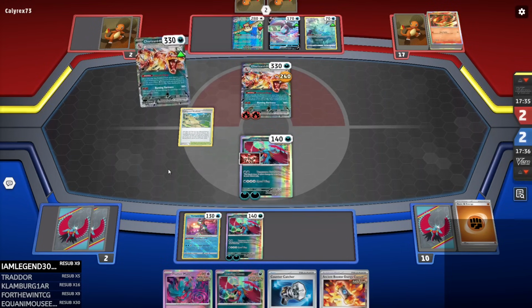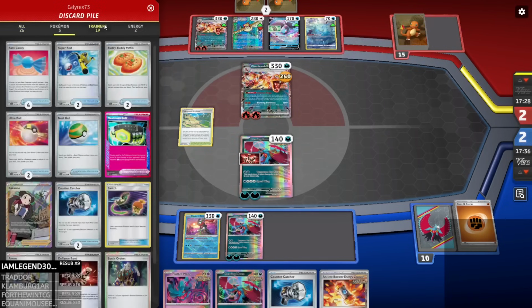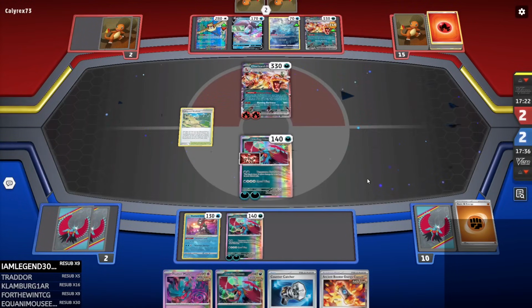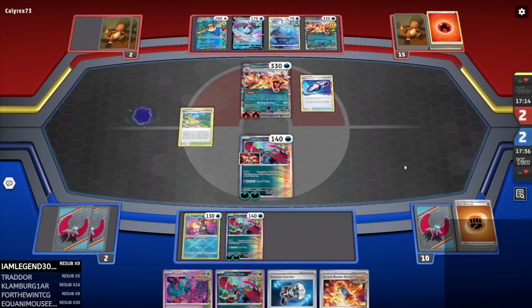Logically speaking, I probably should have put down Flutter Mane, Roaring Moon, and Ancient Booster. But I don't think they're going to be playing 2 Roxanne, or I don't think they're going to go Palpad for Roxanne. So I really didn't think that would be where it goes. Lost Vacuum, okay, it's a Defiance Band, doesn't hurt me or help me. Oh wait, what? Why wouldn't you just get rid of my...